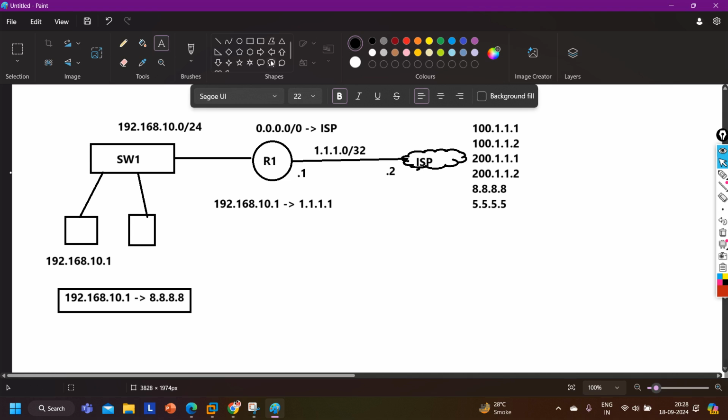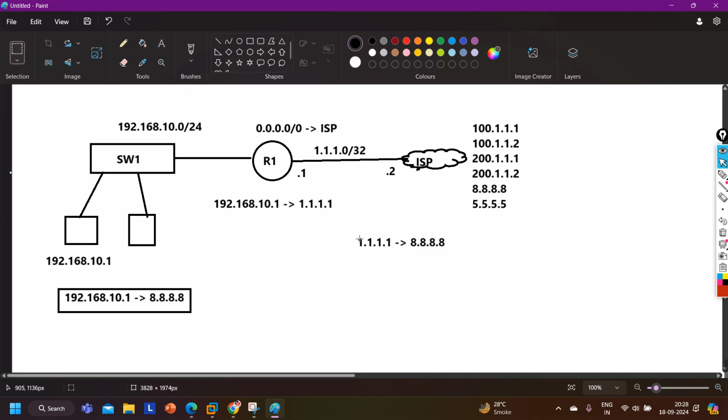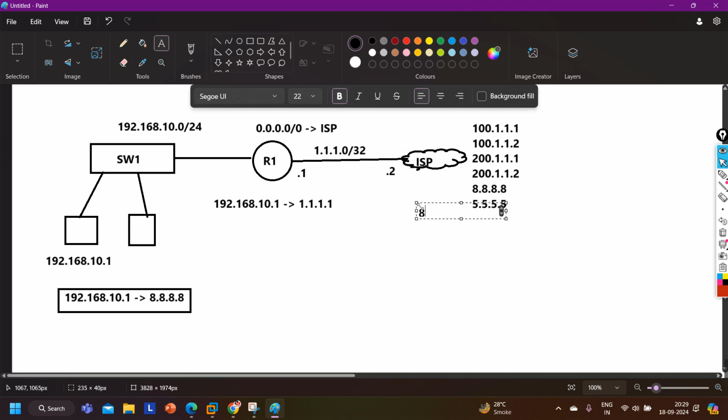So guys, on router number 1, what will be the source IP address in the new packet? 1.1.1.1, and the destination will still be the same, 8.8.8.8, right? Then router 1 forwards it to the internet. This time the internet is receiving traffic from 1.1.1.1, which is a public IP address, routable on the internet. So the ISP router will have a route for 1.1.1.1, correct? So the ISP can generate a reply. In the reply, the source IP will be 8.8.8.8 and the destination IP will be 1.1.1.1.